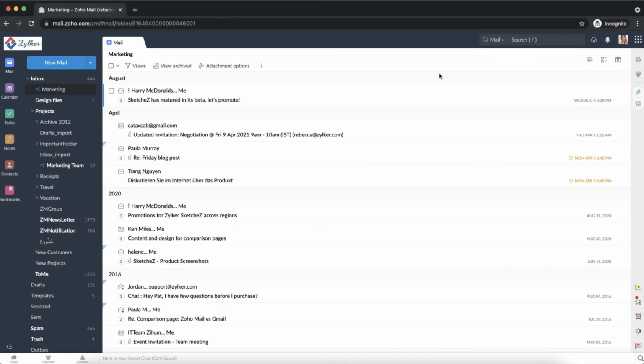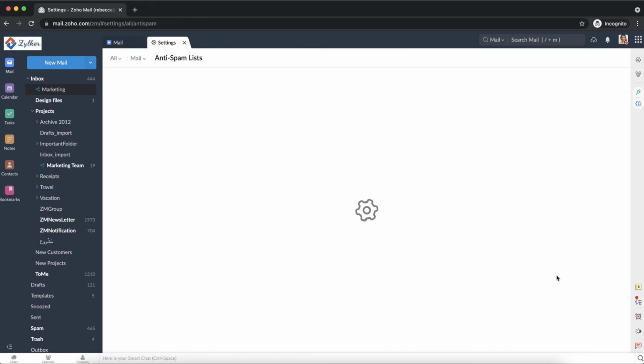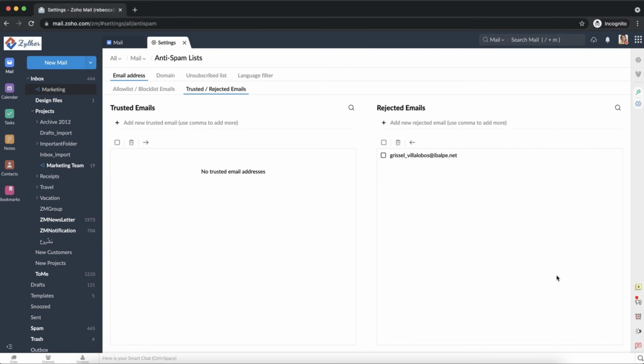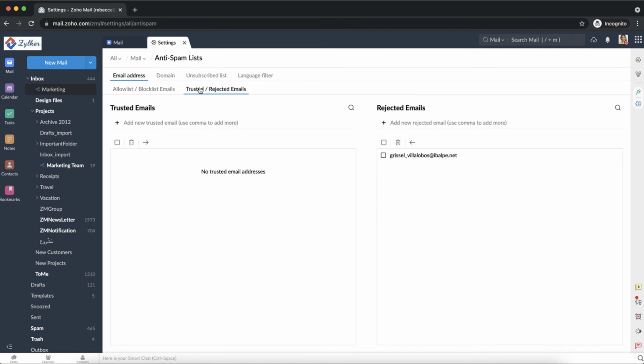Once you log into your Zoho Mail account, click the settings icon on the right-hand side of your screen. In there, navigate to anti-spam lists. Now you will see two different lists: allow list and block list, trusted list and rejected list. The difference between them is that allow list and block list email addresses will still go through certain spam checks,